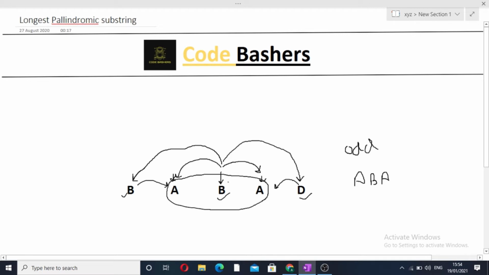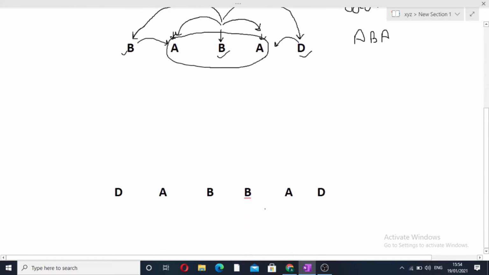So for that, let's see another example. Now we have seen the example where we can expand around a particular index and it will give us odd length palindromes. You can see that ABA is an odd length palindrome, but this B can be involved in forming an even length palindrome also. So again, we will check even length palindromes for every index. So let's take this example. Now we will take a random index, say this b. Now we have to check for even length palindrome, so we have to take another pointer to the next variable also.